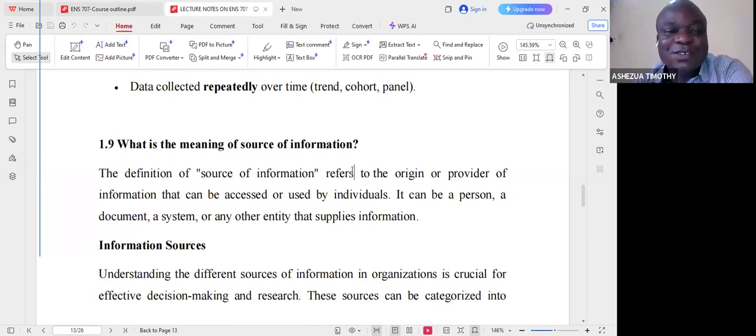So let's continue. Next we have what we call source of information. And by definition, this refers to the origin or provider of information that can be accessed or used by individuals. And it can be a person, a document, a system, or any other entity that supplies the information. So the originator